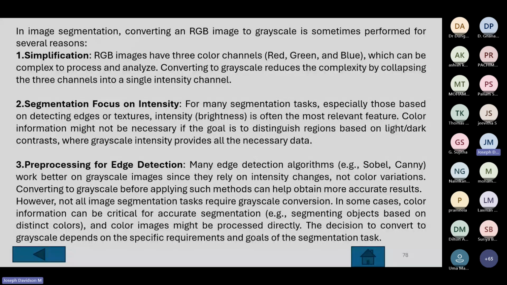It might be relevant or it may be important. Okay. So color information might not be necessary, but I want only the intensity variation from within the grain and which is on the boundary. So I'm not interested in whether within the grain what is yellow or green or orange, I'm only interested in what is inside, what is outside. So inside can be white, outside can be black, or inside can be black and outside can be white, right?